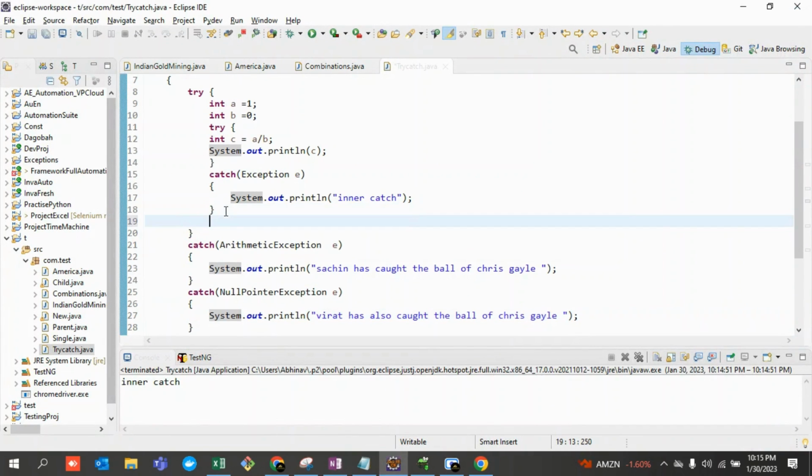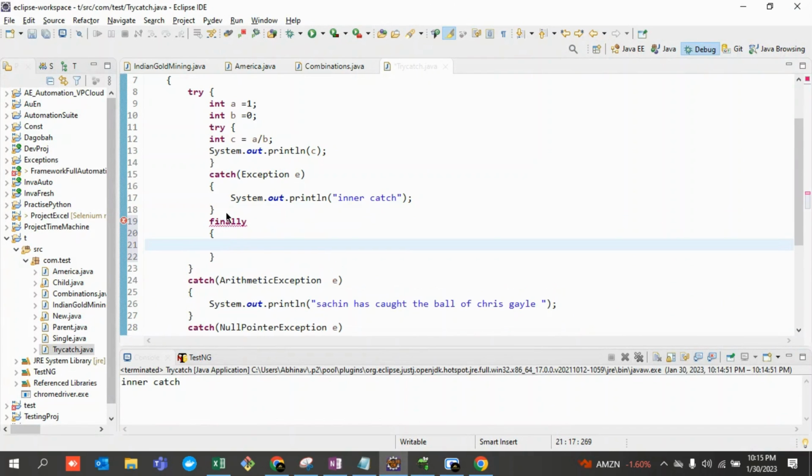And so now try, catch and finally. Once you have done try, once you have done some catch, and now you can do your finally, which means that I am going to print something over here. So this is allowed in Java. Finally,